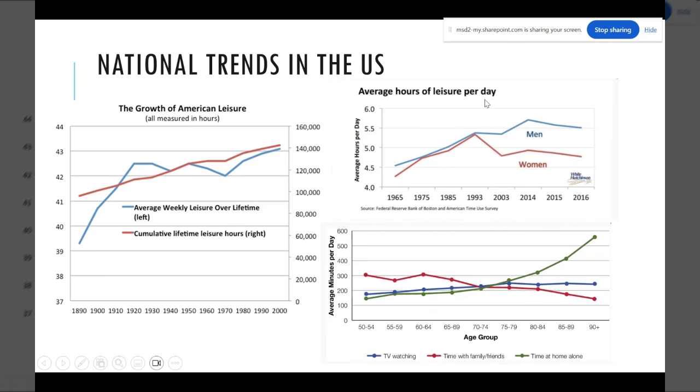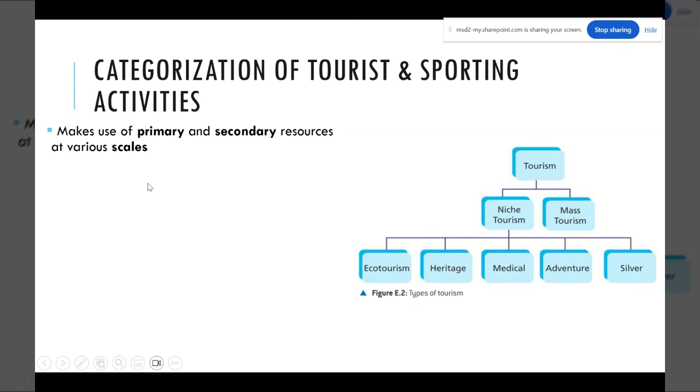We looked at some national trends. One big thing is the gender divide in leisure time. In high-income countries across the board, for the most part, you're going to see more leisure time being taken by men as opposed to women, even in high-income countries where men and women are sharing the workload in terms of economic activities for payment, because women tend to still do, because of generally gender norms, most of the housework during the evenings. So categorization, we talked about, you've got to be comfortable with these ideas here.